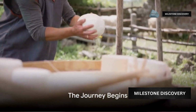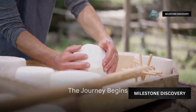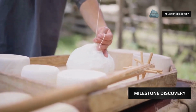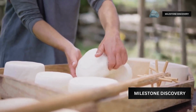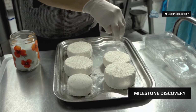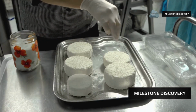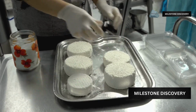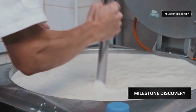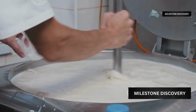Have you ever wondered how your favorite cheese is made? Well, today, we're taking you on an unforgettable journey to the cheese factory, where the magic of cheesemaking comes alive. This journey is deeply rooted in tradition, a dance between nature and nurture, science and art that has been perfected over centuries. From the humble beginnings of cheesemaking in ancient times, the craft has evolved dramatically, yet the importance of